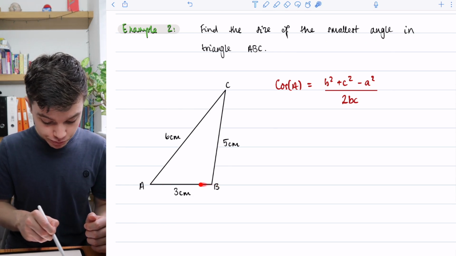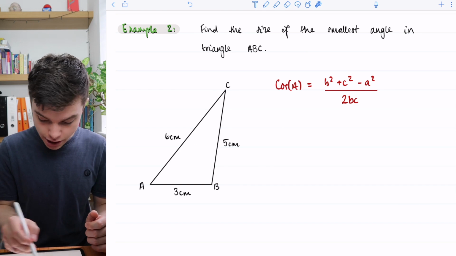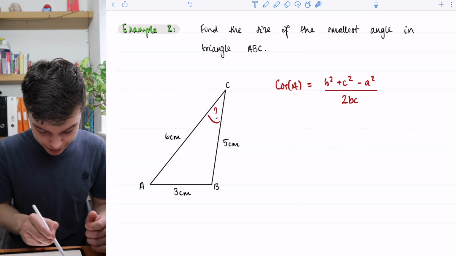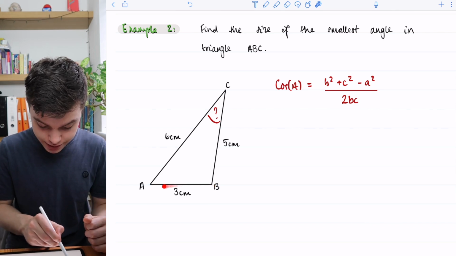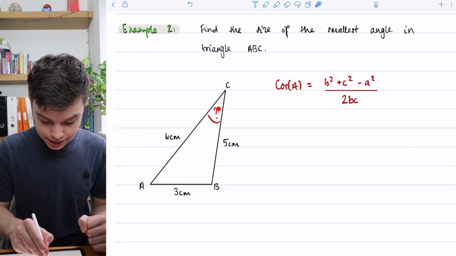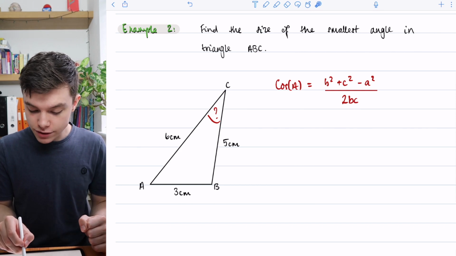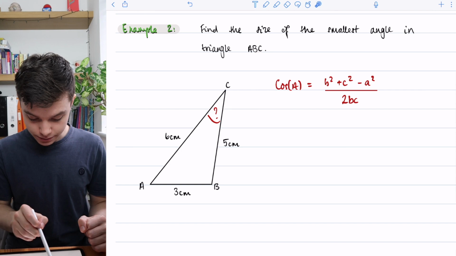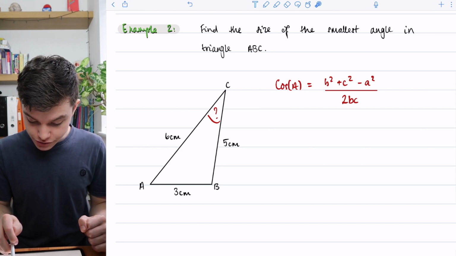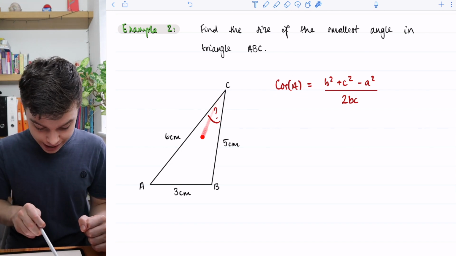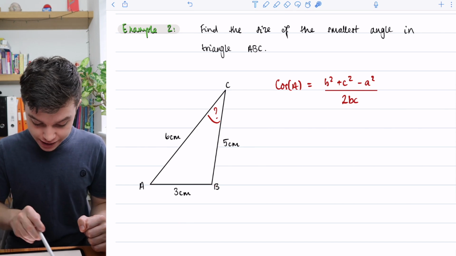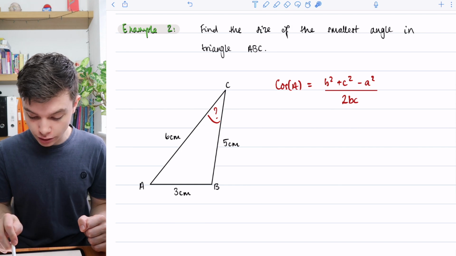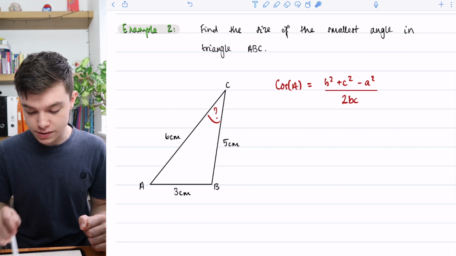Like I said, it's opposite the smallest side, so it must be this angle here, okay? Because this is our smallest side of 3 centimetres, so it must be opposite there, so it's this angle here. Even though the letters don't add up, really what it is it's this, okay? B squared, so we're trying to find cos A, so this would be side A. It's the other two sides minus the side that's opposite the angle divided by 2 times the other two sides,